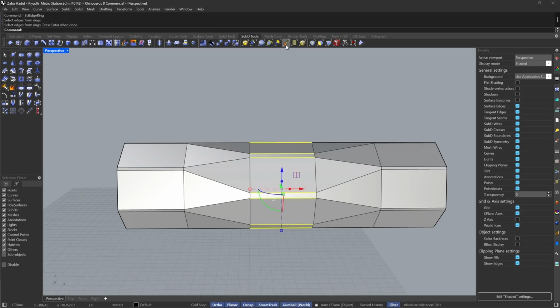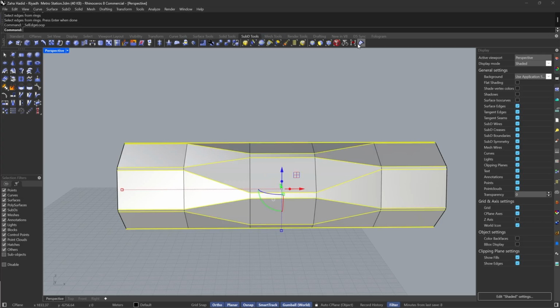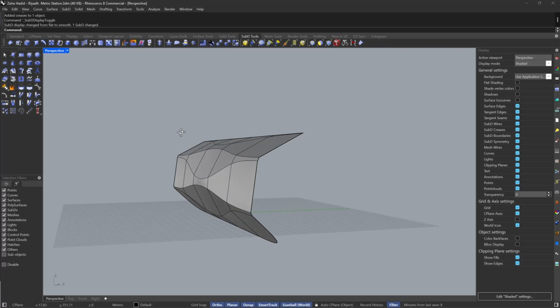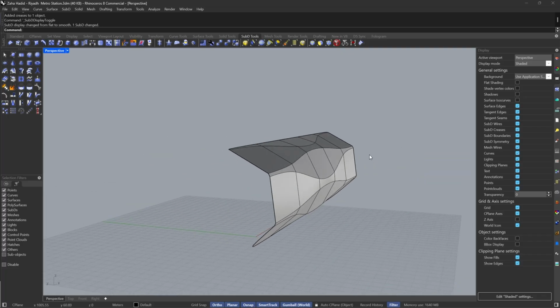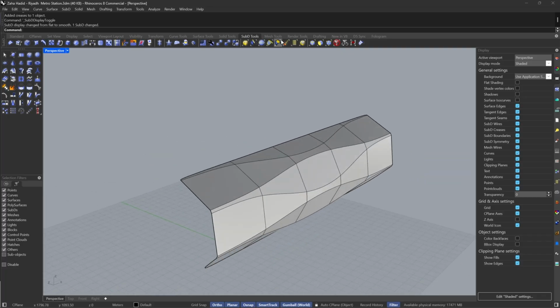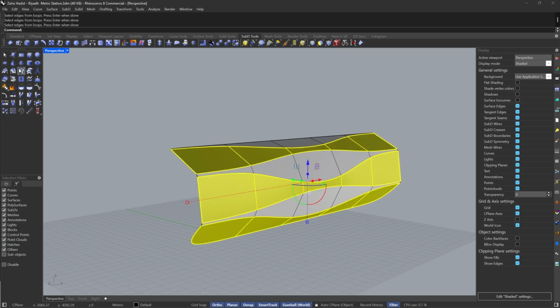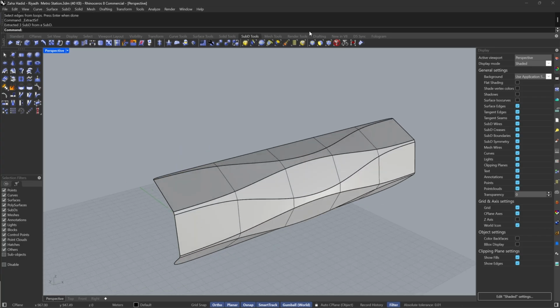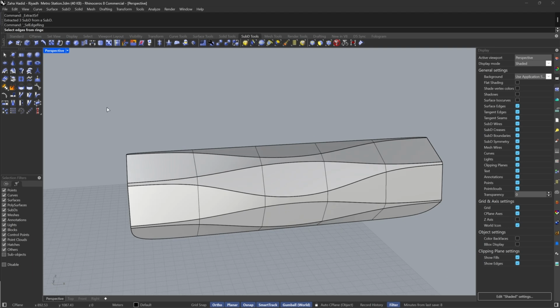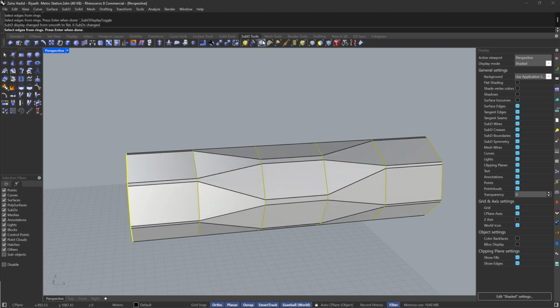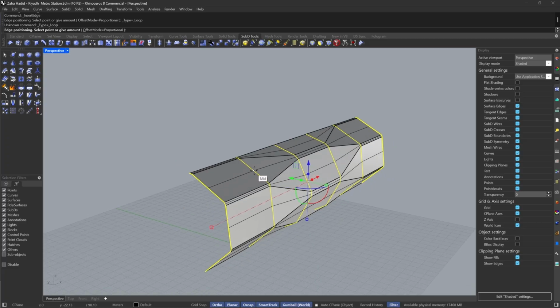And right now I should have something like this, and once I select those and add a crease, I should end up with something like this, which is kind of what I'm interested in. After that, I want to separate some of these because I want to work on them separately, so I'm going to do something like this. And after that, I will select all of these in the ring,